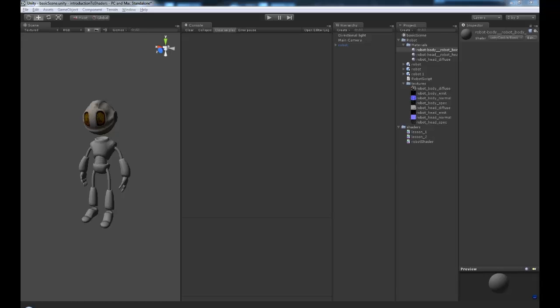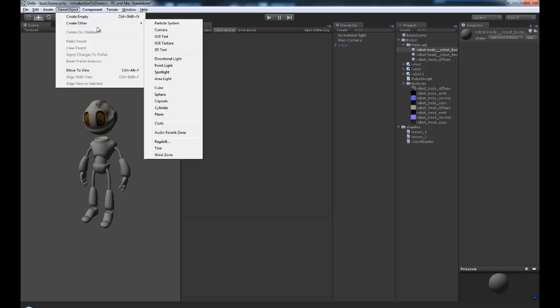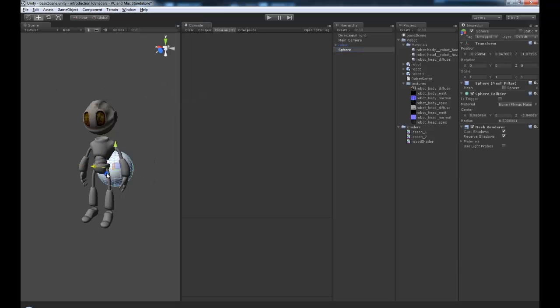So hopefully all of this mumbo jumbo of code is starting to make a lot more sense. You can now create your own materials, you can assign those shaders and place them on whatever you want. So in your file you might have a sphere, and you can create a sphere, put your shader on that. This one here, I've just put them onto a robot. So just to prove that, we can create another game object. Just going to create a sphere,